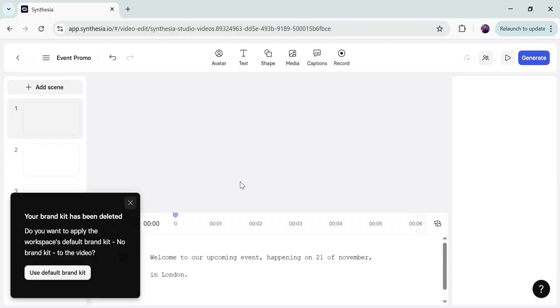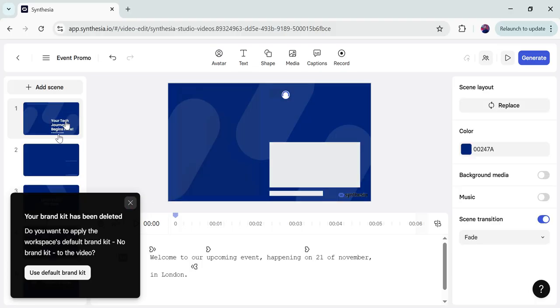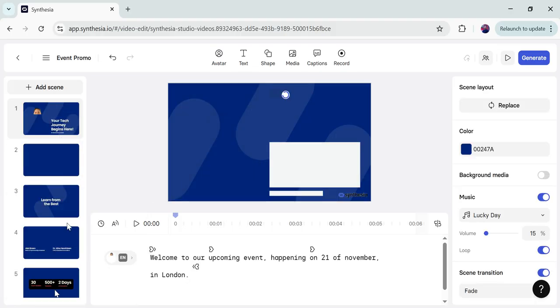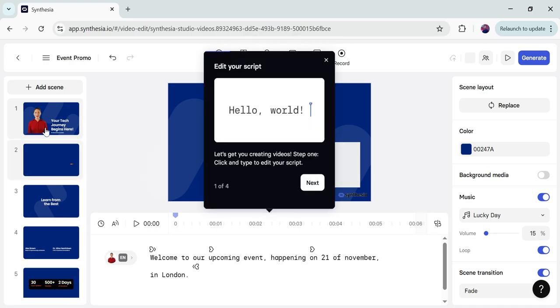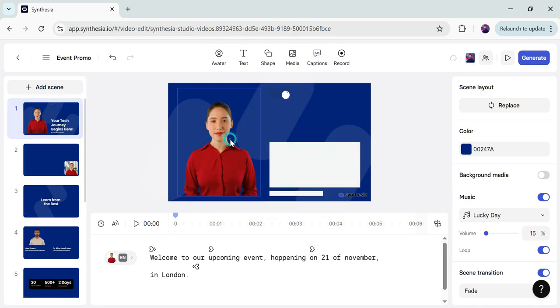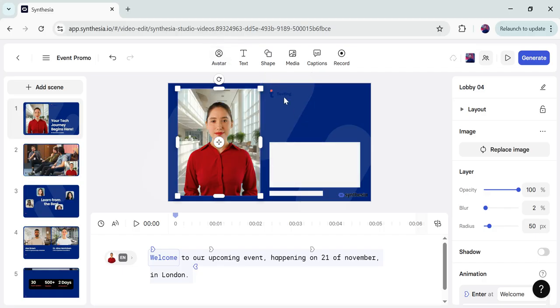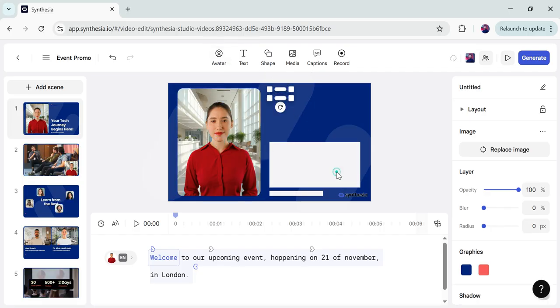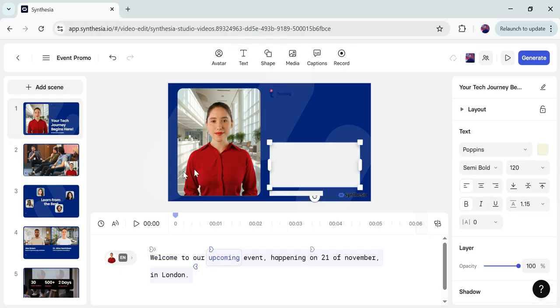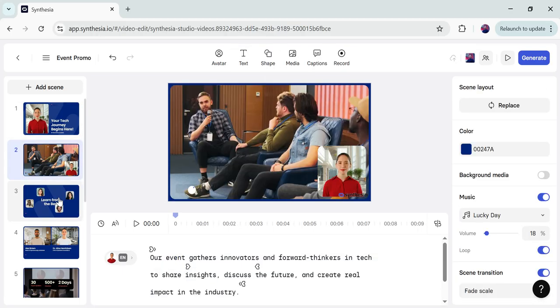Right after that, you will get an interface in which all avatars will be displayed and the slides will be displayed. You can see that you can add multiple scenes here. You can also change the character. If you want to change the character, just simply select the character and then you can change the avatar from this option. You can also modify the text. You can also add your logos. Whatever you want to write, you can do these things in just a single place.